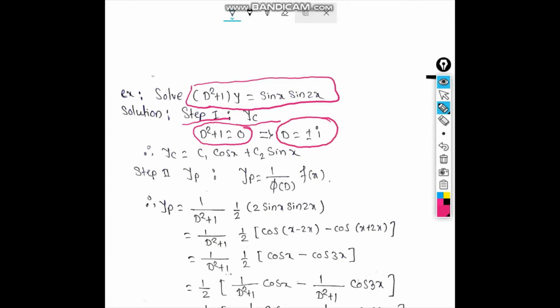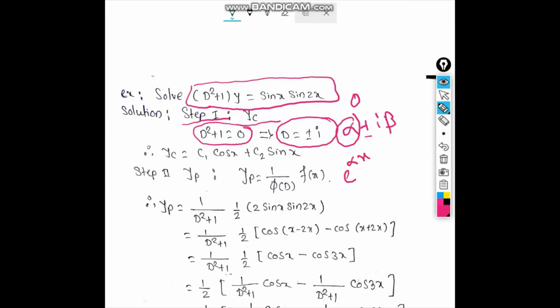So in this case, we have only imaginary root. Generally, we compare it with alpha plus or minus i beta. In this case, alpha is 0, so only it is plus or minus i beta. And whenever alpha plus or minus i beta is a root, we have yc as e raised to alpha x